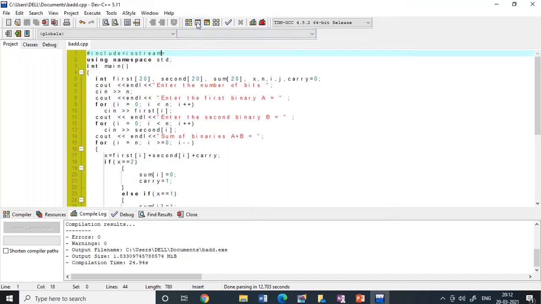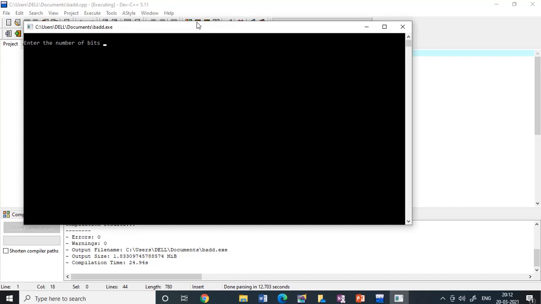Again I can try with an 8-bit binary or a 16-bit binary or a 32-bit binary. Anyways, any size of binaries is possible with just the single program. Now let me try with another binary, an 8-bit binary, see.